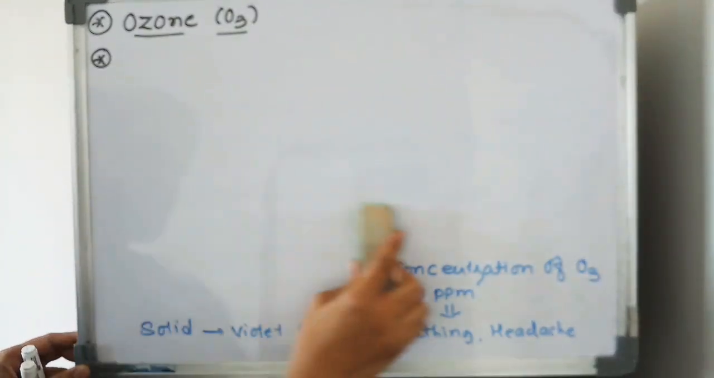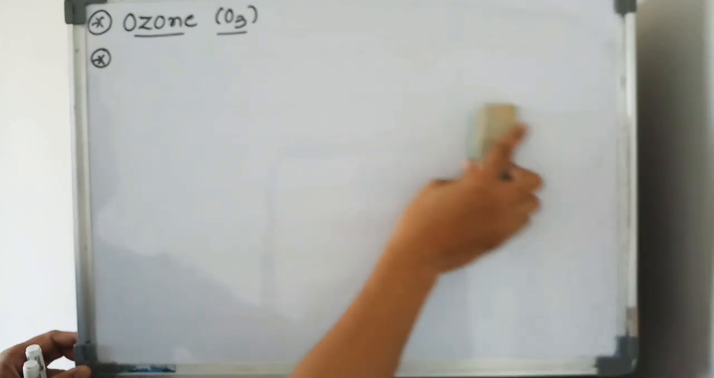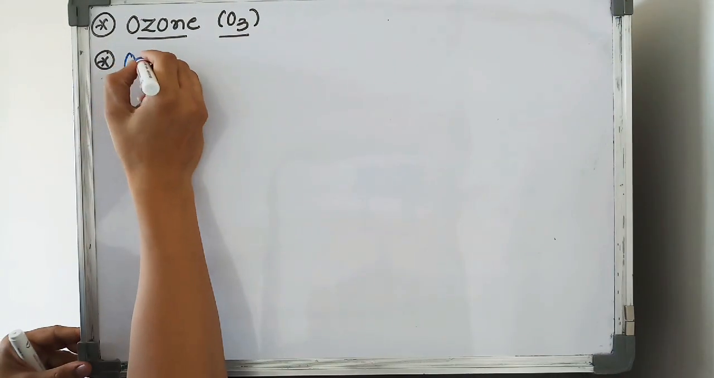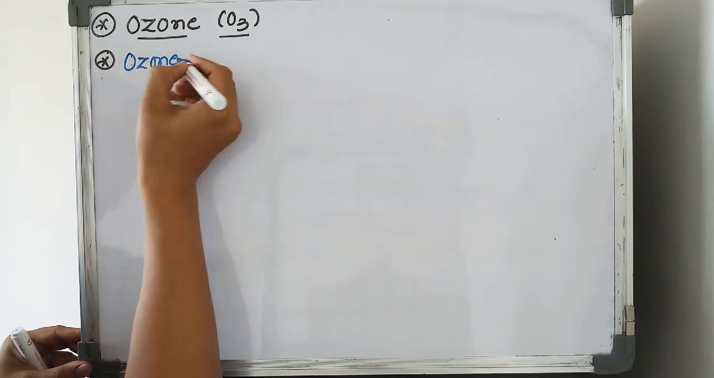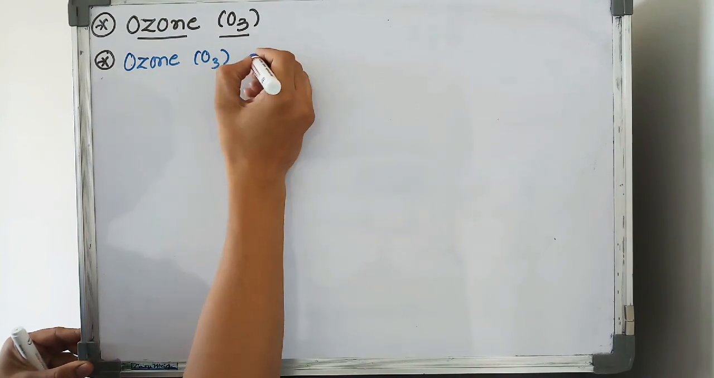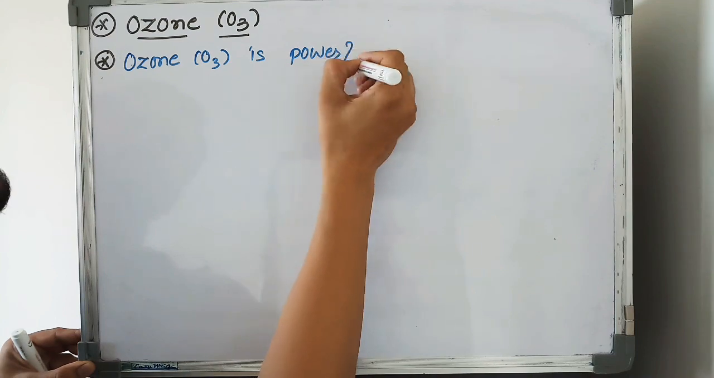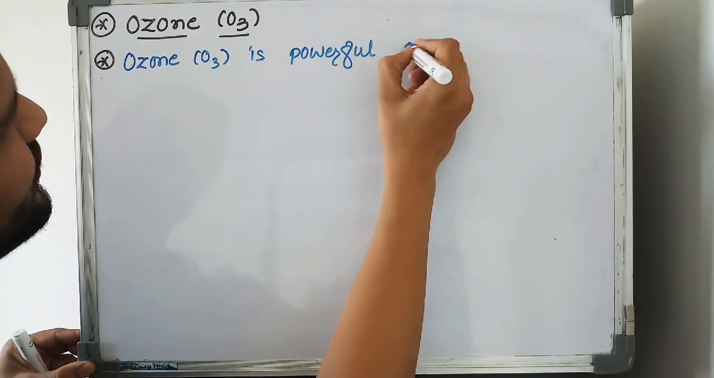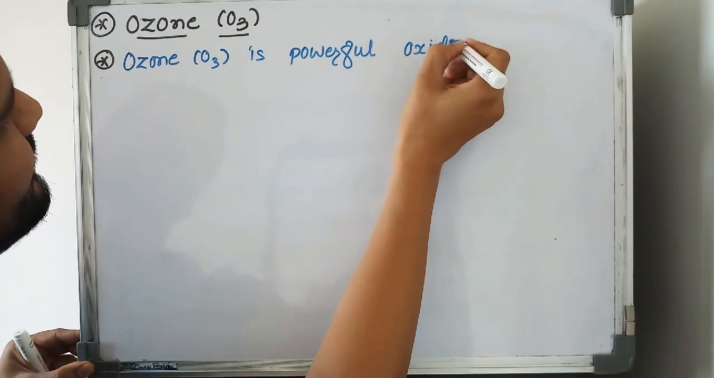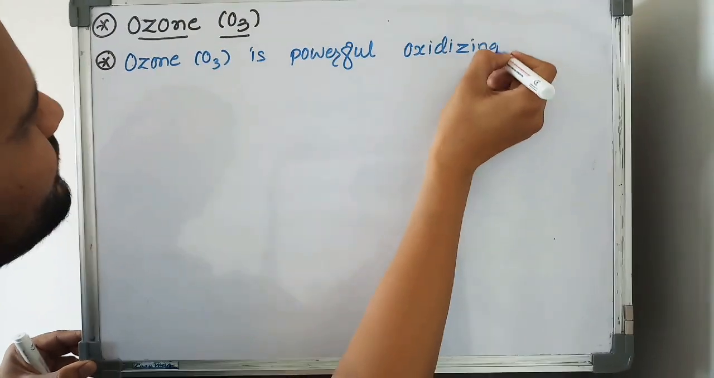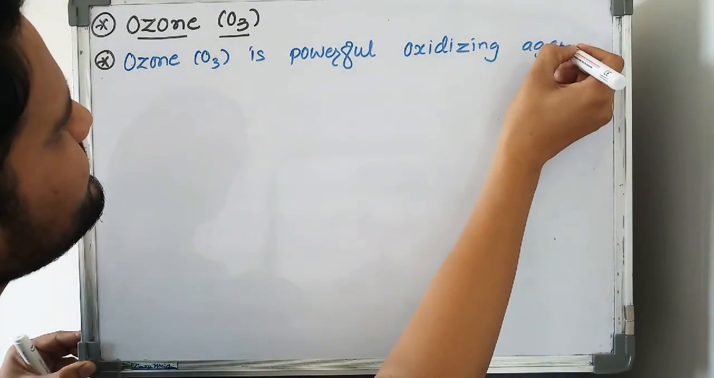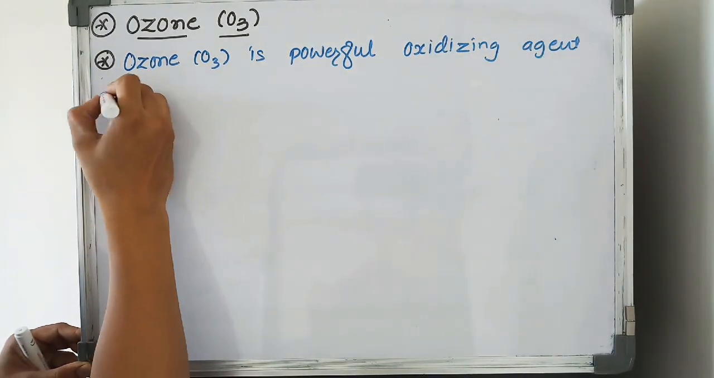This type of ozone also possesses a characteristic smell, and ozone, O3, is a powerful oxidizing agent. Example: